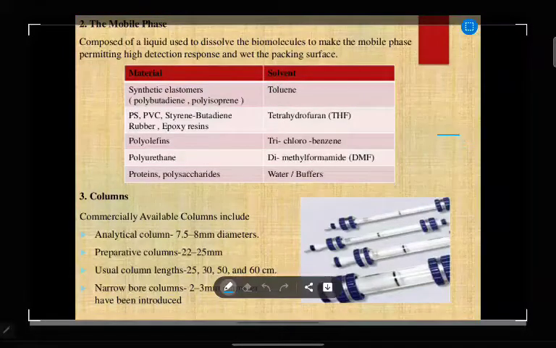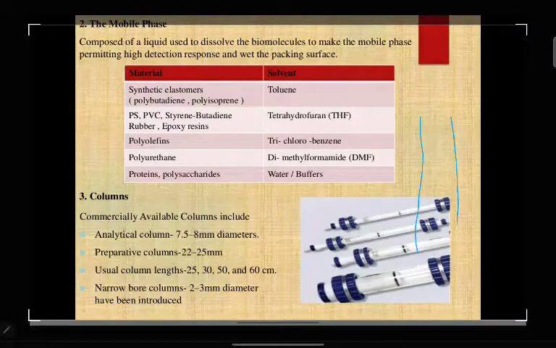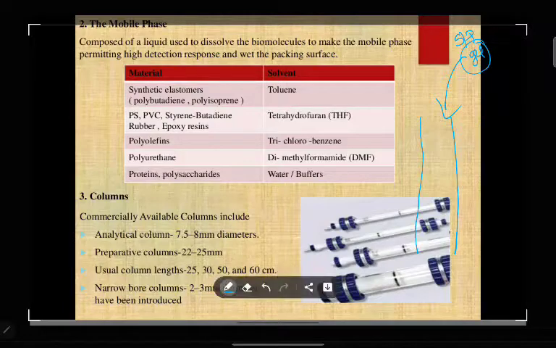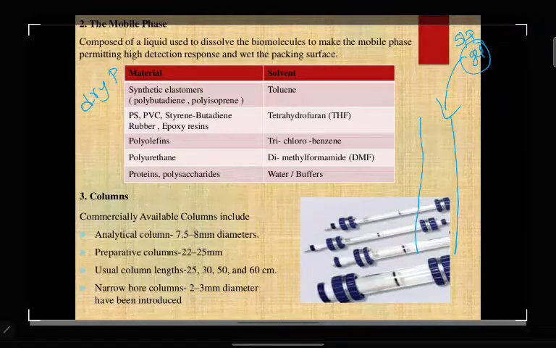Consider this is the column. Inside the column I want to fill my gel, or stationary phase. For this we have two methods. The first method is, you take dry powder of your gel and add mobile phase.